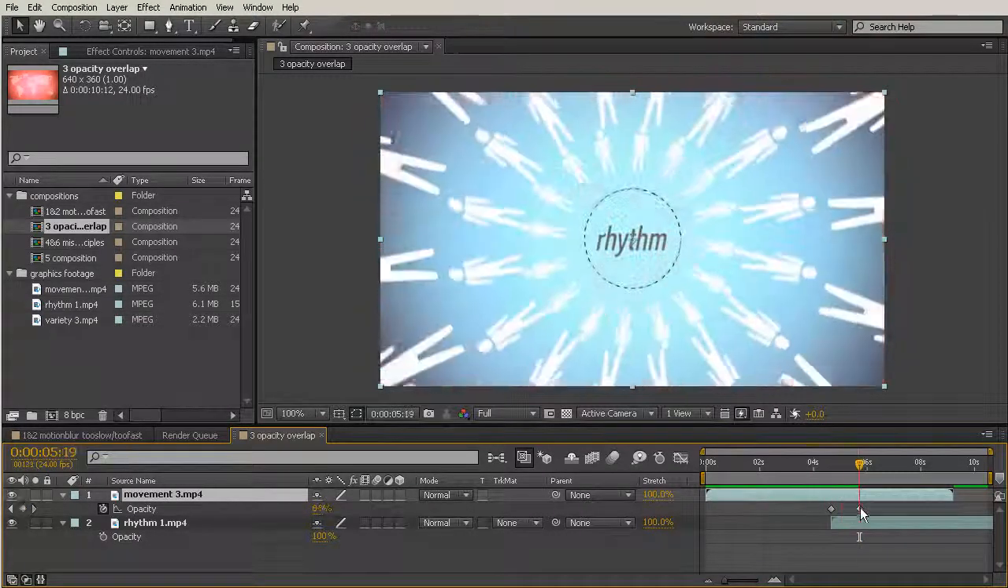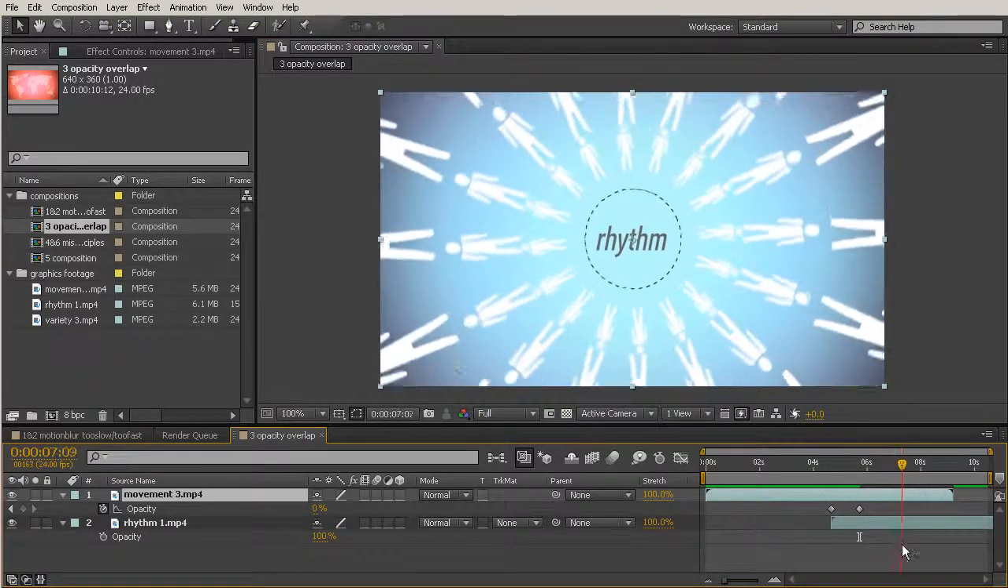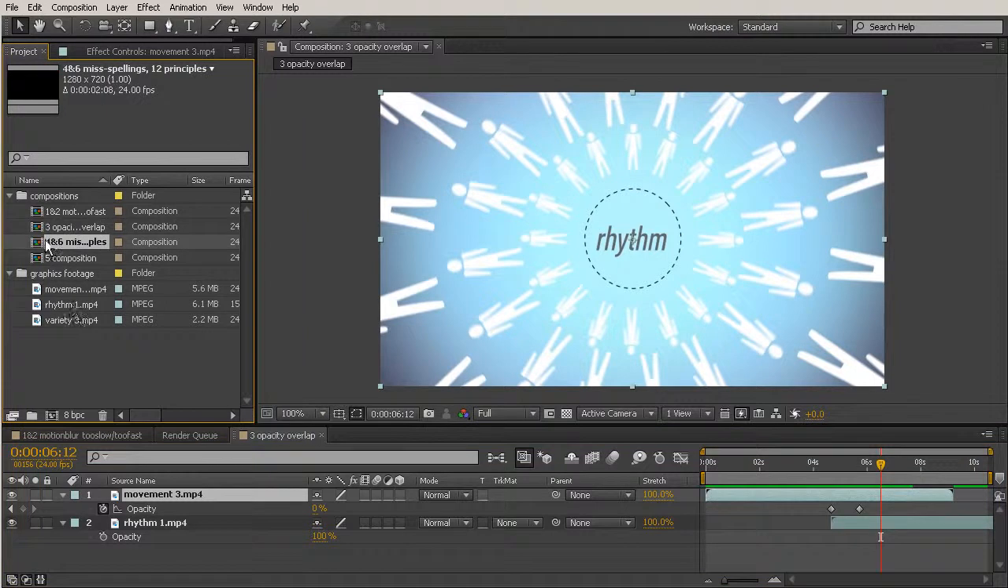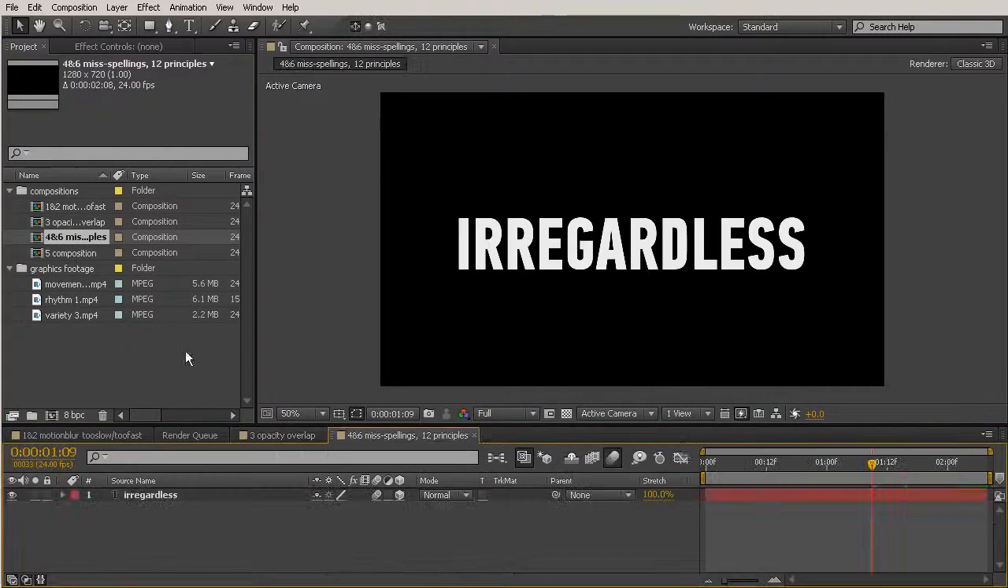Okay, so the next thing we want to talk about is going to be this fourth one that you see here under composition. So we'll just double click that, and I'll just do a little ramp preview of this. So whenever you're creating things that have text in them, always check for misspellings. I can't tell you how many times I've made things, not checked my spelling, and it's come back to bite